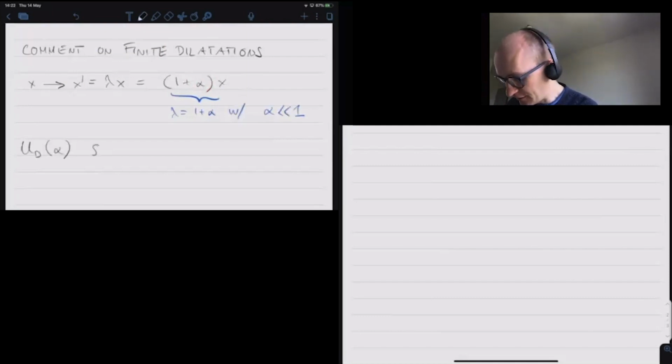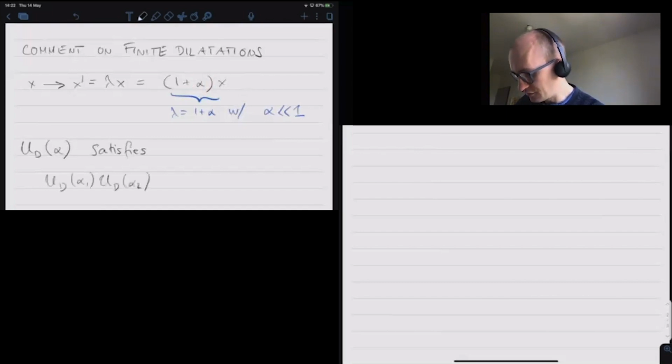That of course satisfies, just from the group property, that U dilatation of alpha 1 times U dilatation of alpha 2 is the same as the dilatation by alpha 1 plus alpha 2. And as we've seen a couple of times now, every time this kind of thing happens, you can simply exponentiate it. So the finite dilatation operator,